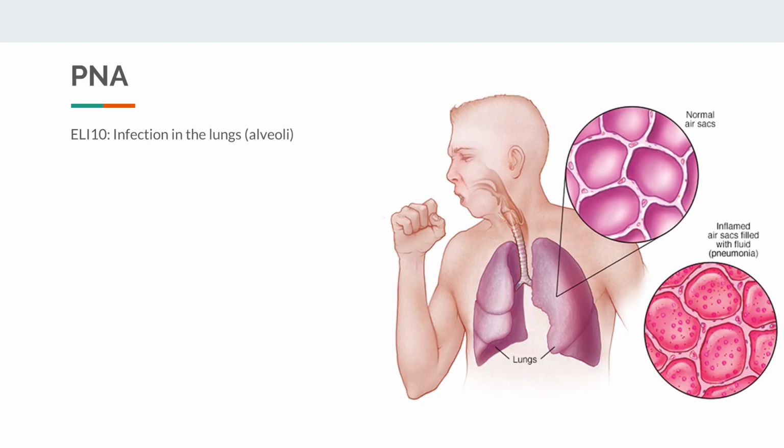Simply put, pneumonia is when there is an infection in the lungs. As the body fights off the infection, fluid tends to build up in the alveoli, which are the tiny air sacs where gas exchange occurs. Patients will generally complain of things like cough, shortness of breath, chest pain, and fever. Because these are pretty common and broad symptoms, the workup also tends to be pretty common and broad.